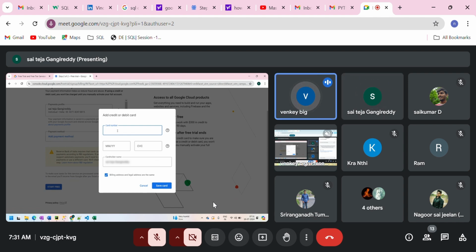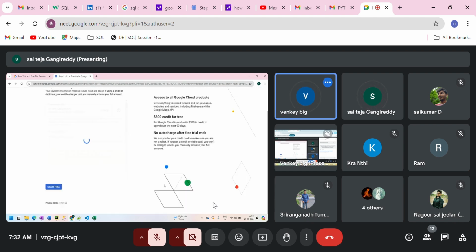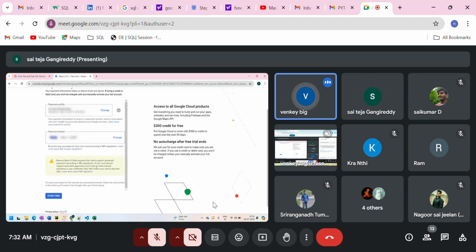So not only for Google Cloud, guys, any of the cloud computing things that you are working in, so AWS or Azure, you need to add your credit card upfront. They don't unnecessarily charge you. They'll notify you before they are charging. But initially, just to verify the payment, they will take the card details. And be very cautious while you are using Google Cloud, guys. You get only $300 for free, and every service that we are working with matters. Yeah, start free.